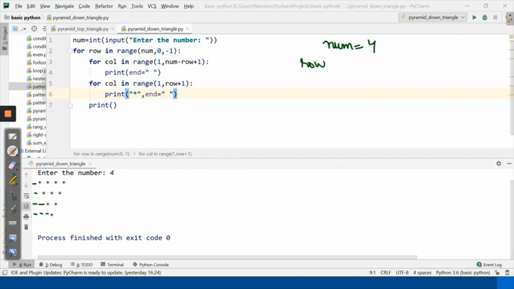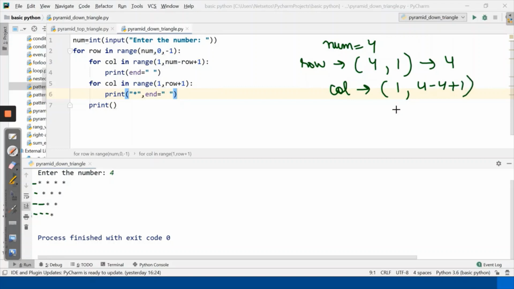Row is equal to, it will run from 4 to 1. And when I get to column, it will run from 1 to num minus row. First it will go for 4, so row will be 4, and here num minus row, 4 minus 4 is 0